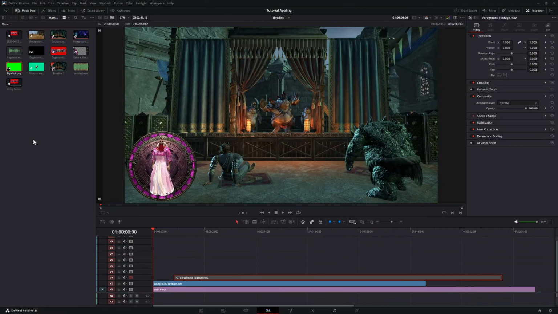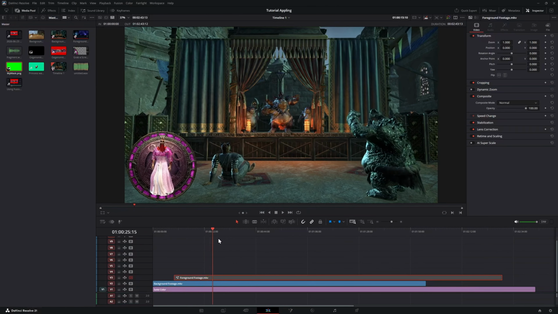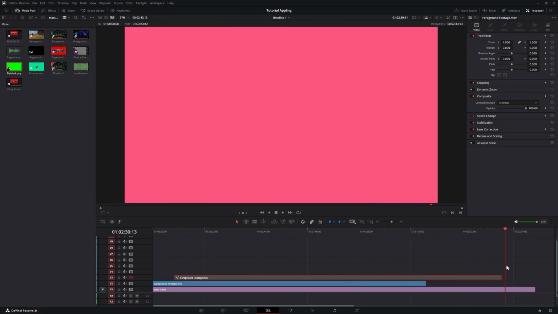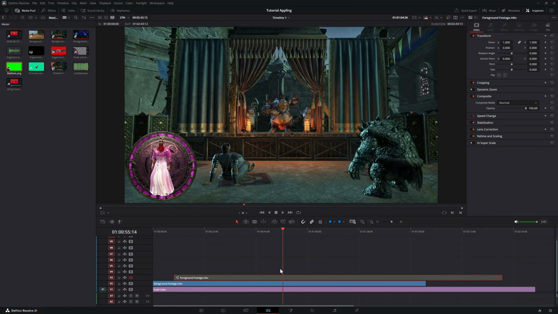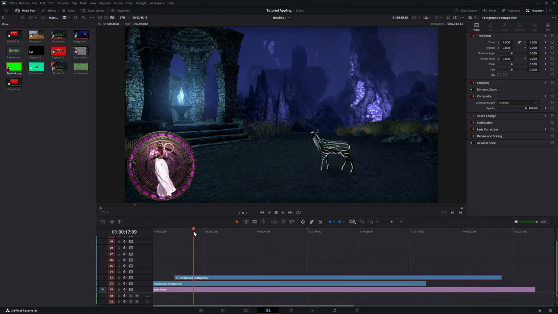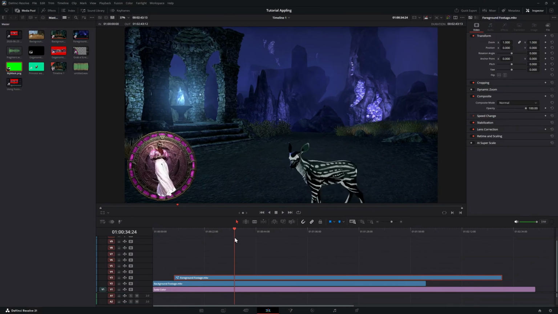So here we are back in DaVinci Resolve, and I've got two pieces of footage that are standing in for pieces of footage that you might have. On the lowest level, I've got a pink solid color underneath. Above that, I've got a file called background footage, which is my character Judge Schraber stood in the avatar position in the night market, and on top of that I've got this footage from Blackreach of him flipping